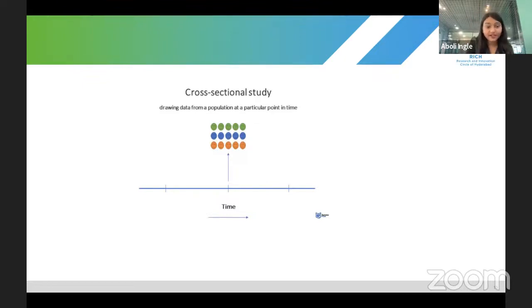When I started my presentation, I gave you a simple example about hypertension. We wanted to understand the prevalence. So we went to the population with a questionnaire. We got all the information, and then we derived some results. So that means we just got a snapshot of the population. It's just that.